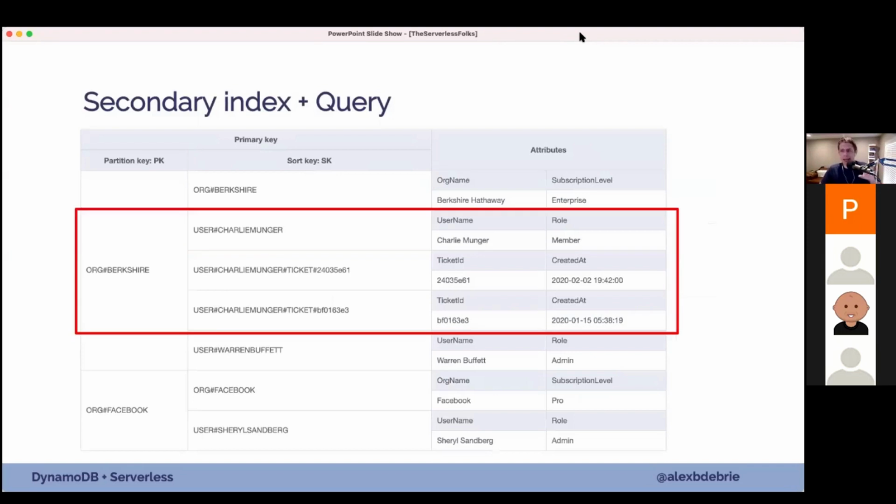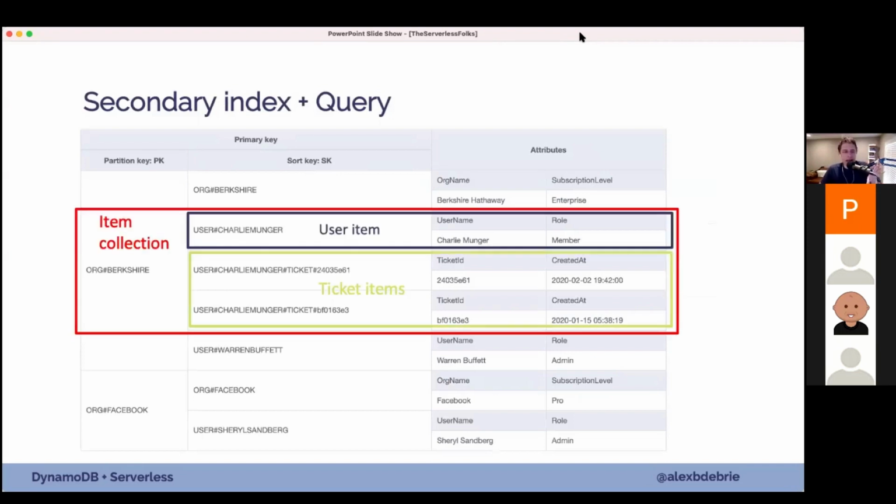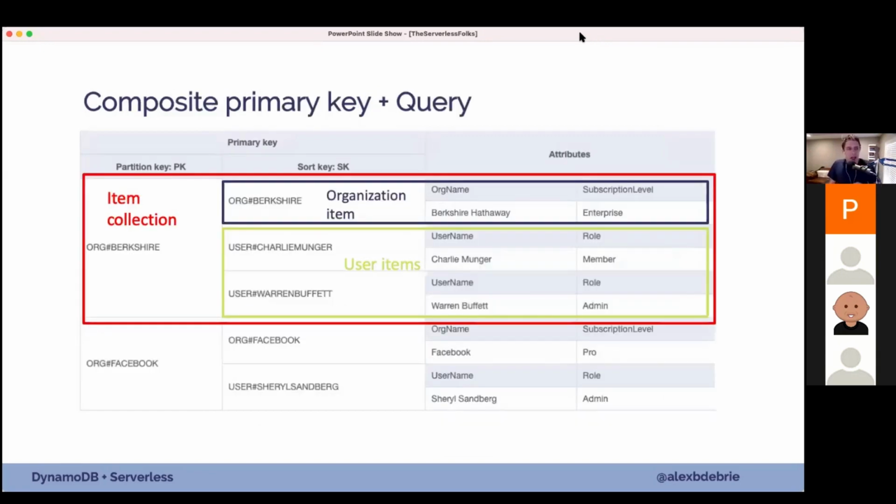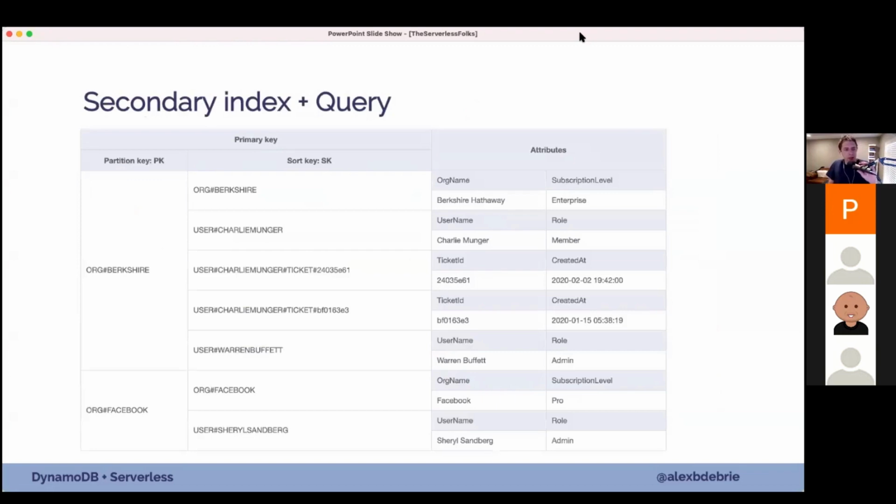And now those are all nicely near each other. I have this item collection. I can efficiently get down to Charlie Munger and his tickets, right? So I have that user item and those ticket items are all right near each other. But one thing we want to think about is remember our previous access pattern. We have that access pattern where we want to get an organization and all the users in that organization. If we go look at our table now,